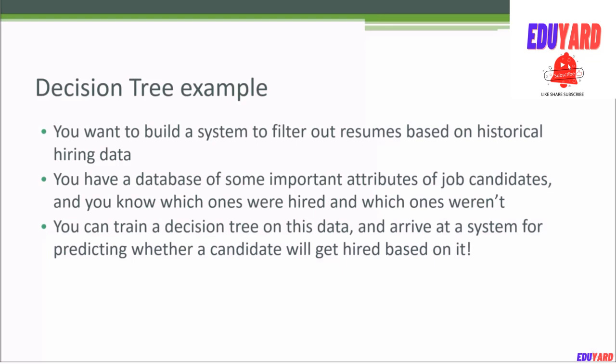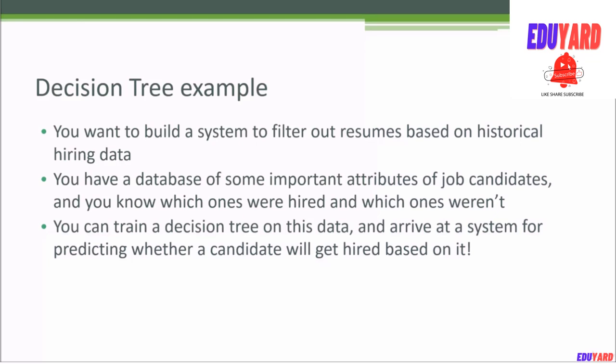So what if there were a way to take historical data on who actually got hired and map that to things that are found on their resume? We could construct a decision tree that would let us go through an individual resume and say, okay, this is a good prospect for getting hired or not.